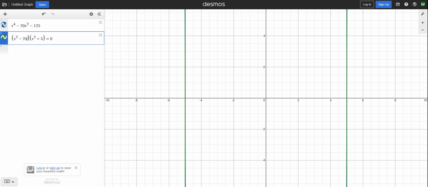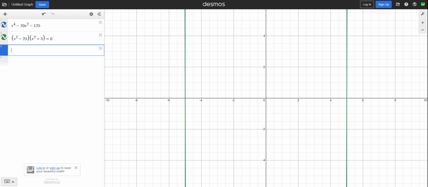When you set this piece equal to 0, that's where you got the negative 5 and the plus 5 from. When you set this piece equal to 0,